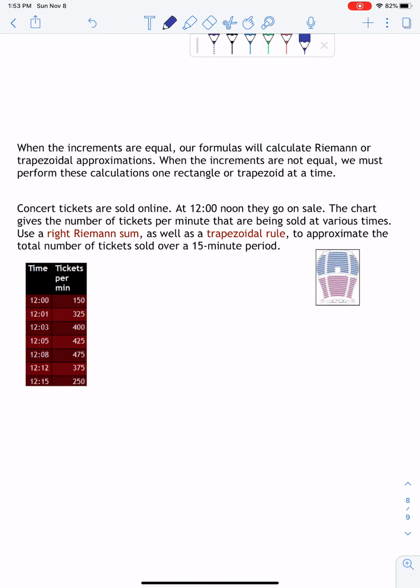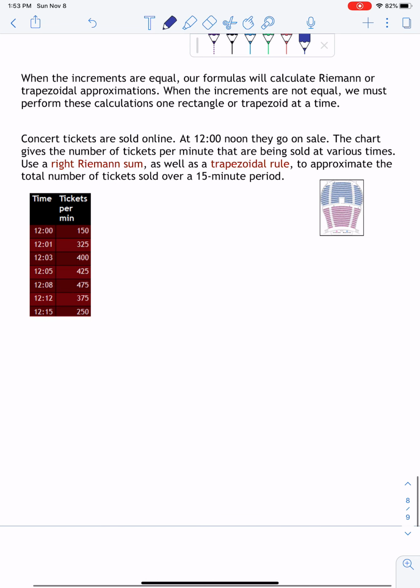So for example, concert tickets are sold online. At 12 noon, they go on sale. The chart gives the number of tickets per minute that are being sold at various times. Use a right Riemann sum as well as a trapezoid rule to approximate the total number of tickets sold over the 15-minute interval. Okay, so long story short,